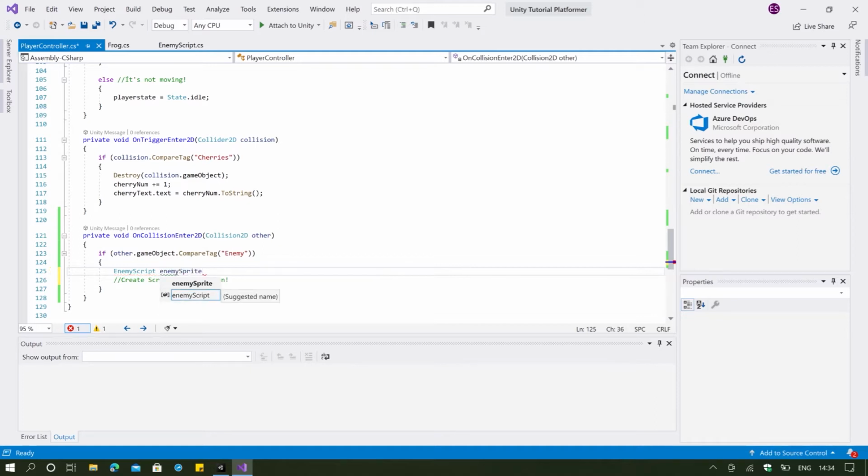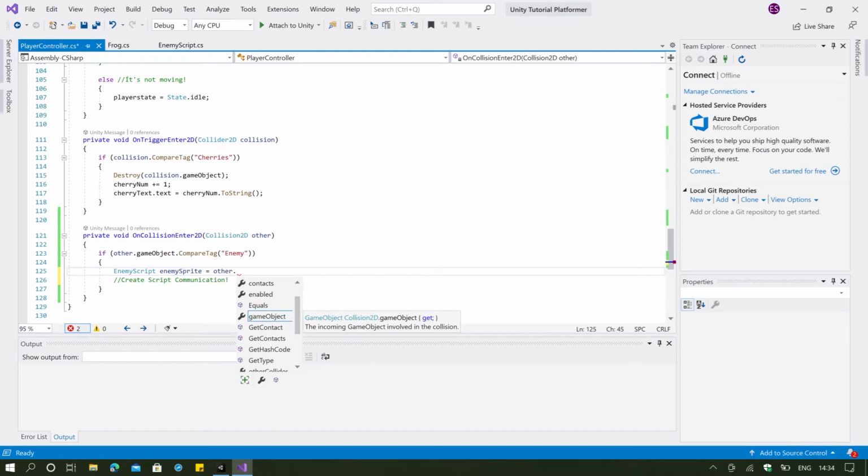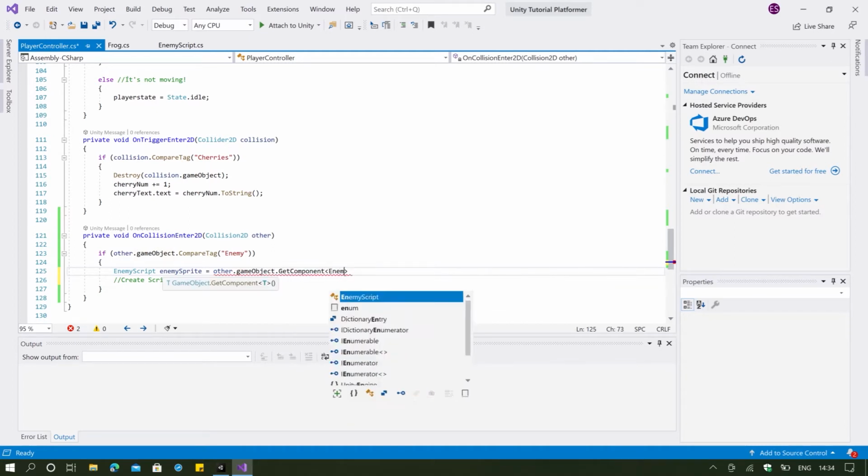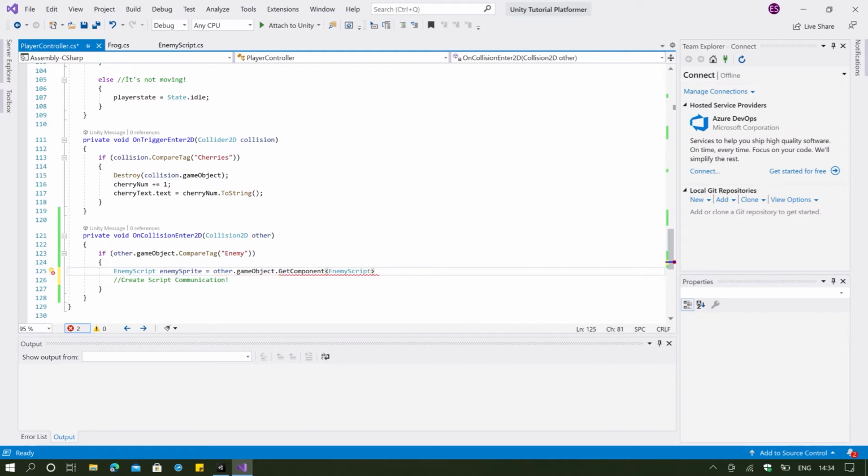Okay, so this is going to be the name of the variable, enemy sprite, and I'm going to say equals to, what do we want? We want the other object to take this value, so I'm going to say other, and then other what? Other game object, of course, and I want it to get component. I want you to get the enemy script,